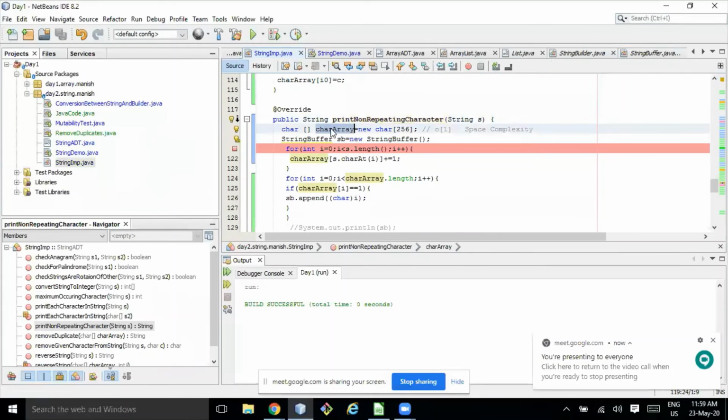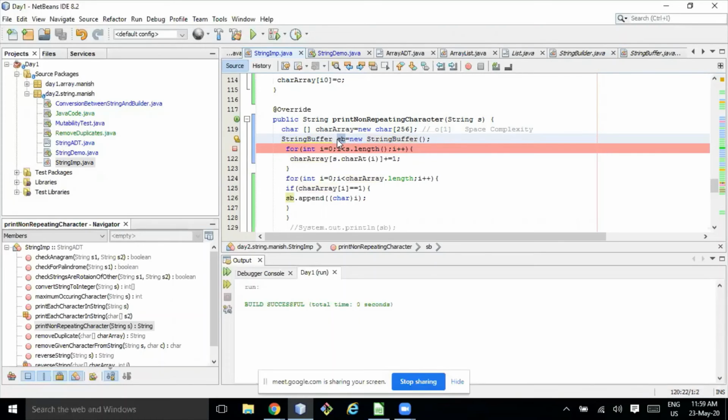I declared one char array of 256 characters, and one string buffer, a new string buffer, for keeping all the non-repeating characters. I am using one for loop, and I am taking s.charAt(i).